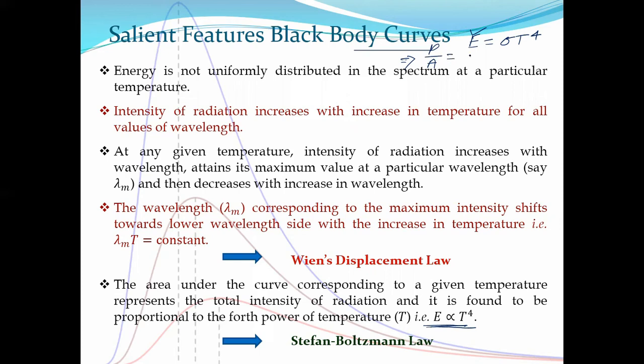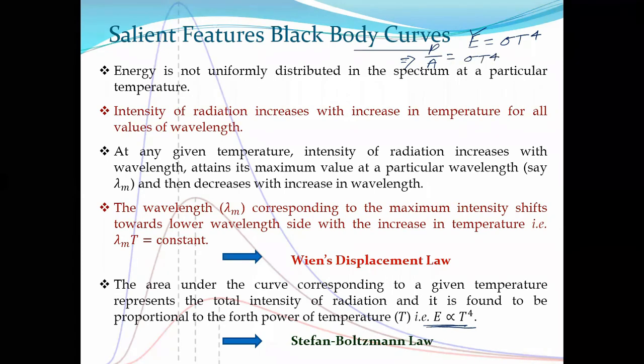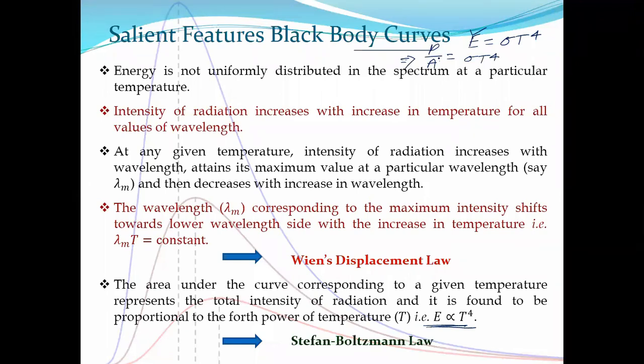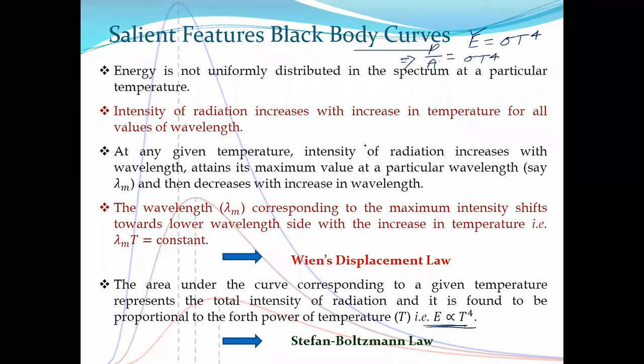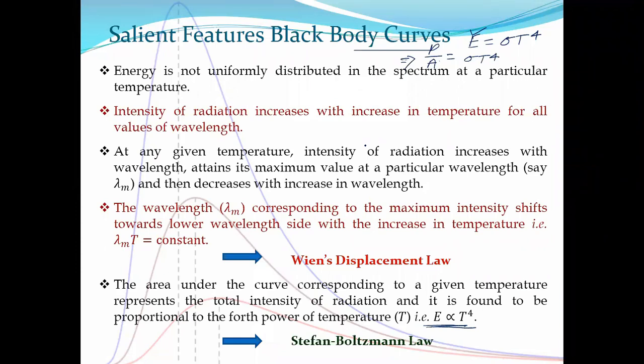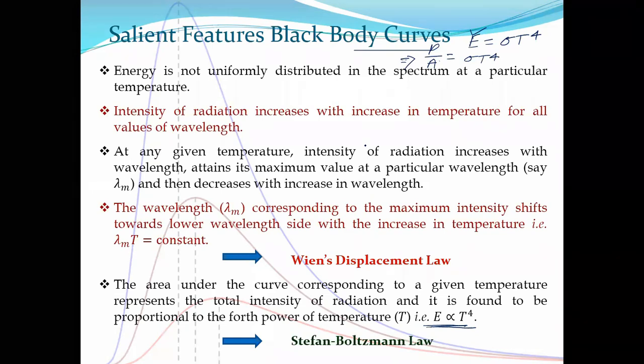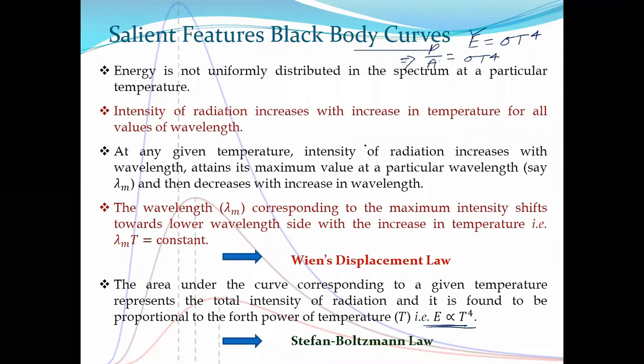So this is intensity. Now area you can easily measure, and with the help of a power device you can measure power. So when all these things are known, P is known, A is known, sigma is known, you can estimate temperature easily. In fact, a student can do it easily to measure the temperature of the Sun. So these are the basic salient features. From this intensity spectrum, we have understood two laws: Wien's displacement law and the Stefan-Boltzmann law, and how we can apply them. We'll apply them with the help of numerical problems.